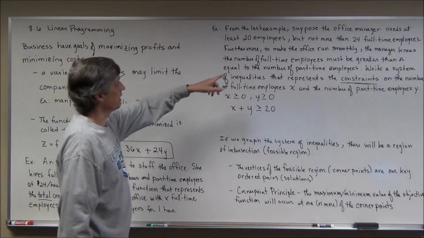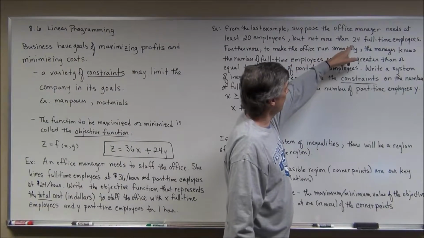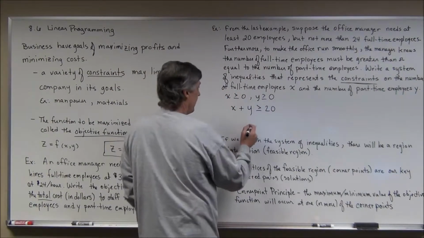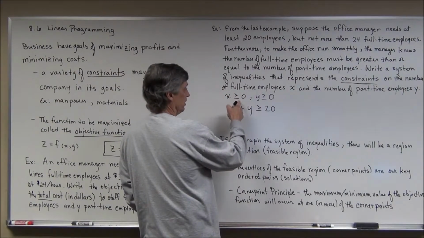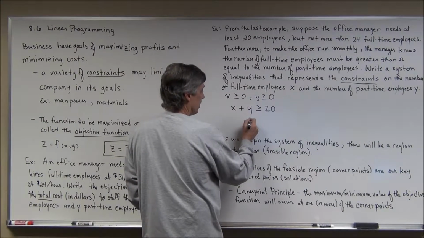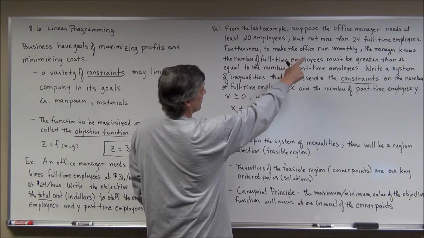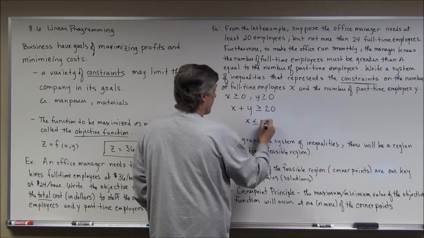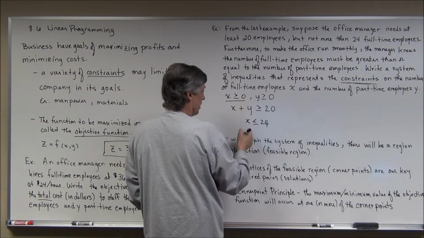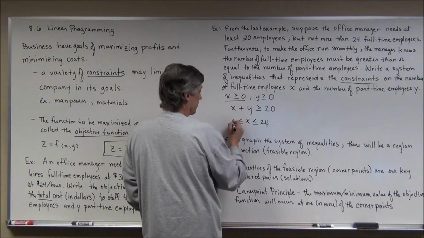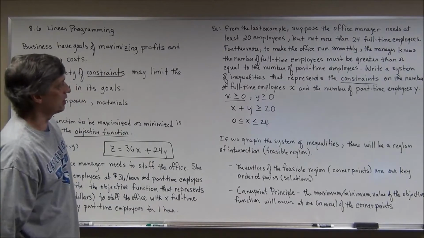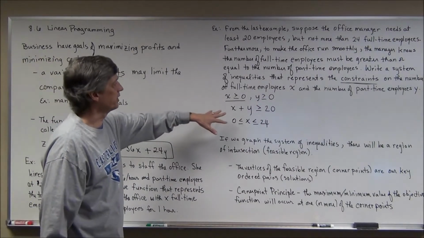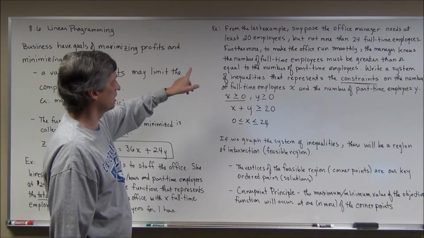It says we cannot have more than 24 full-time employees. So the full-time employees is X. X, remember, has to be greater than or equal to 0, but X would also have to be no more than, but not more than 24, so it could be less than or equal to 24. In fact, if I want to, I could take this guy here and just attach him right here and write it as an extended inequality. So now I have 4 constraints here that I have on this problem, but I think there is enough information